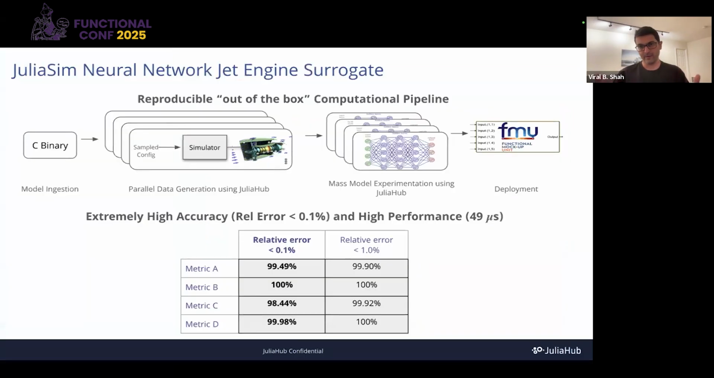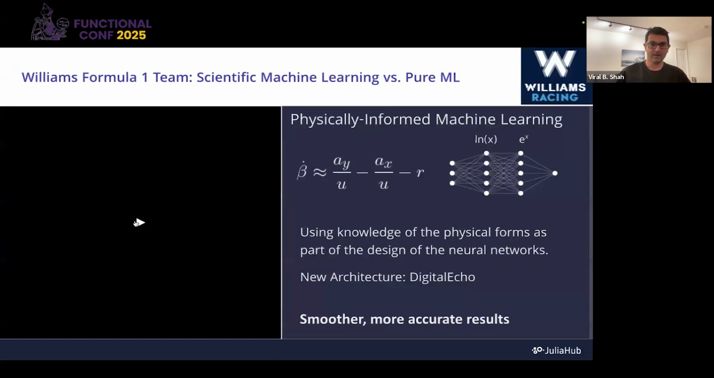We were able to build, I showed a surrogate of a battery. Here's a surrogate of a jet engine that has been built, and it runs with 99.9% accuracy, but runs in microseconds as opposed to minutes. Here's a model